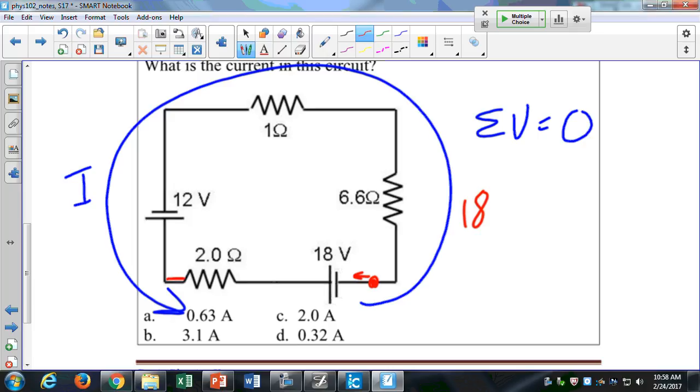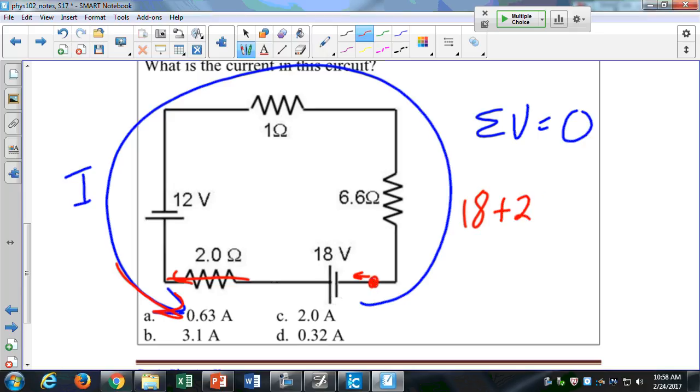Here, I'm going through the resistor against the current, so that's going to be what? Positive. When I go against the current with resistors, the resistors do what they're not supposed to do. They have a positive change in potential. All right, so 18 plus